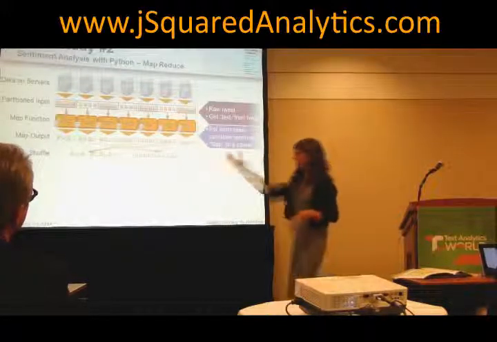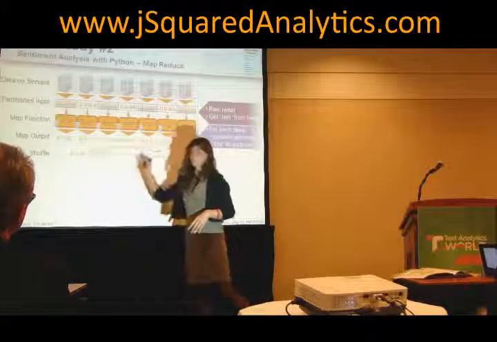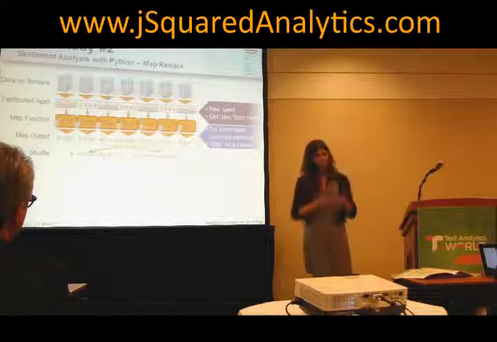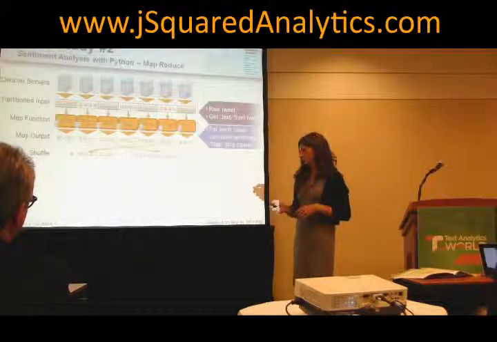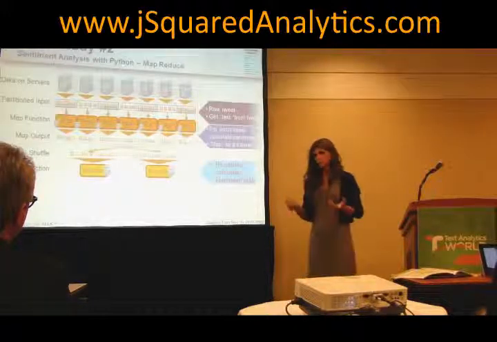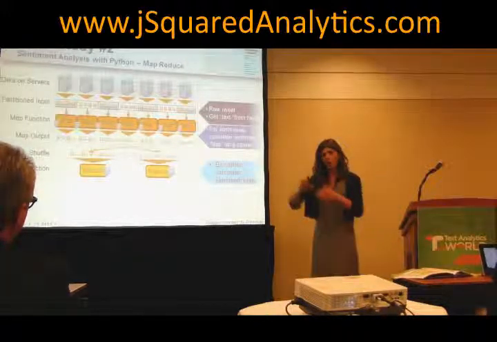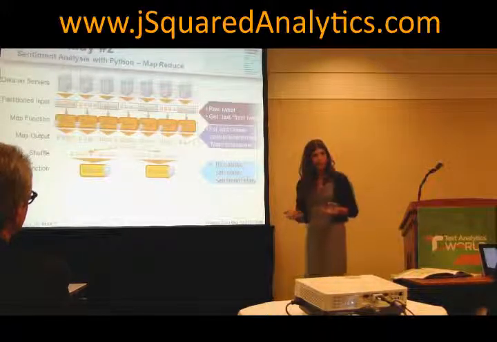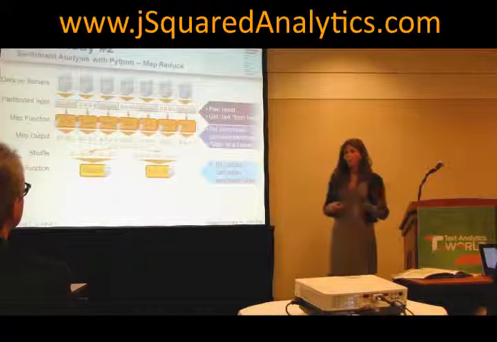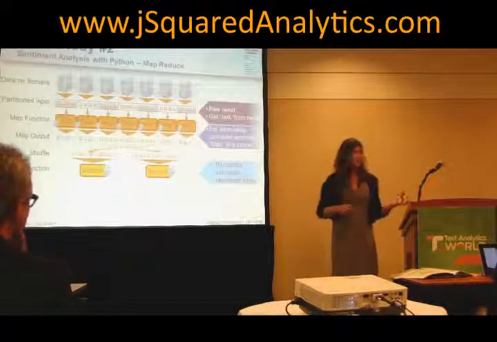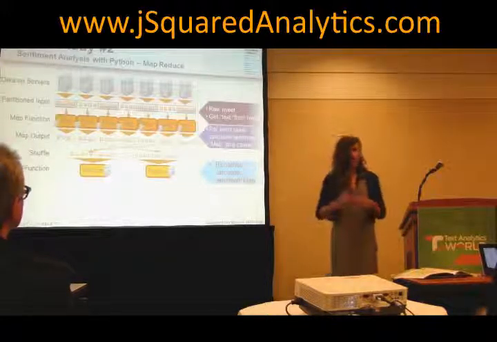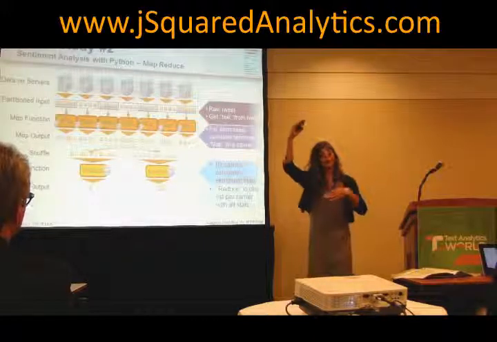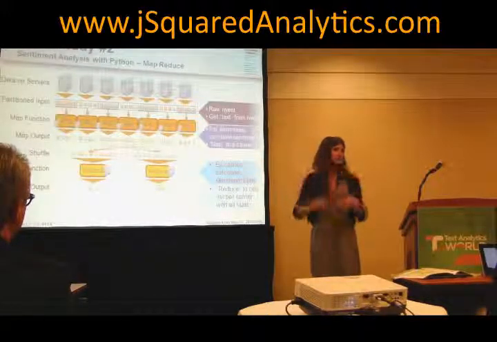This is what they call the shuffle phase. So you bring all these together so that they're all co-located, so that all the tweets from a specific carrier can be run on a single server. And then you do the reduce phase. This is basically taking all of these records and compressing it down. So I come up with statistics for each insurance carrier. That basically is number of positive tweets, number of negative tweets, percentage of each, maybe some average score, or whatever metrics. And so when you come out on the back end with this thing, that's why it's called reduce, because you're taking all this data and you're squishing it down into your statistics.